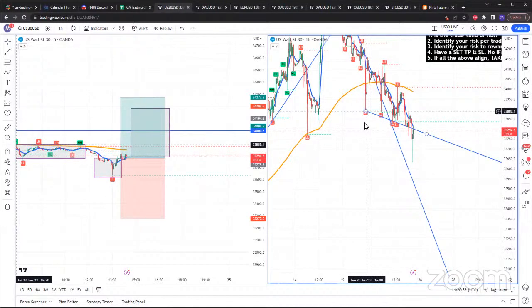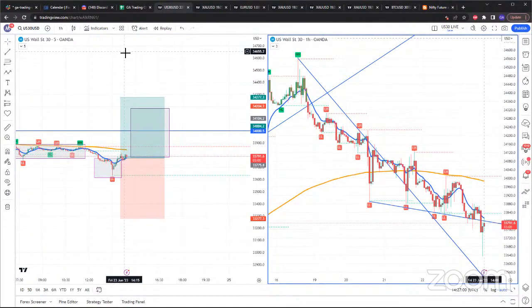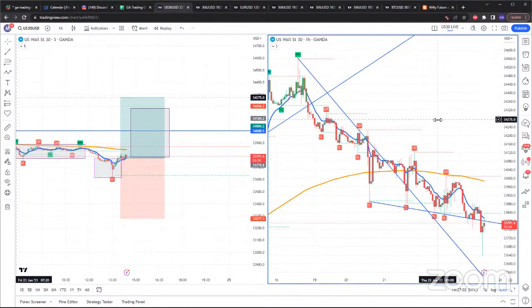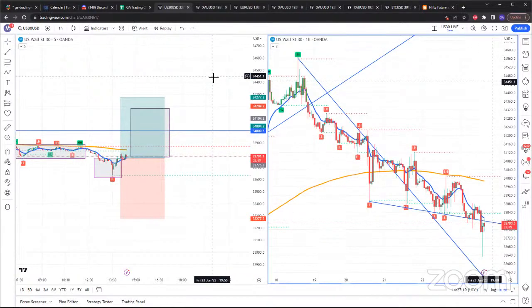You might also be using another provider. For me, my US 30 chart is in Oanda. That's because that's who you use, okay. It doesn't matter. I used to use currency.com, but since they stopped supporting instruments, I'm using Oanda. Even with our indicators, it really does not make too much of a difference.